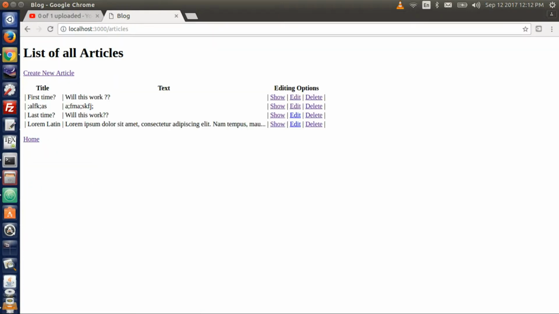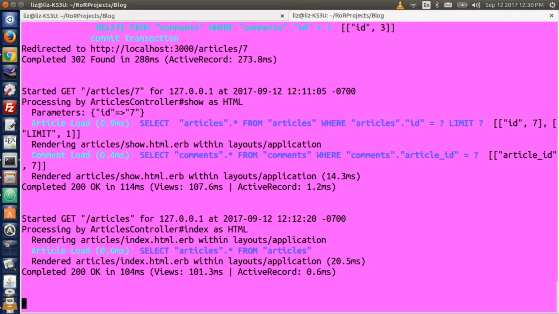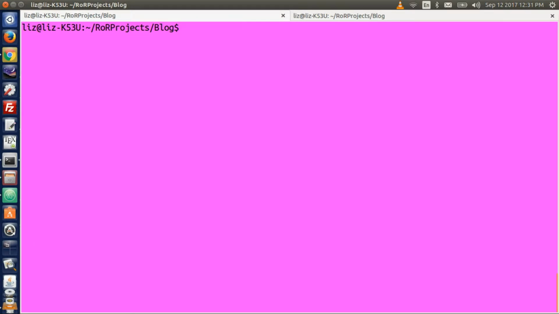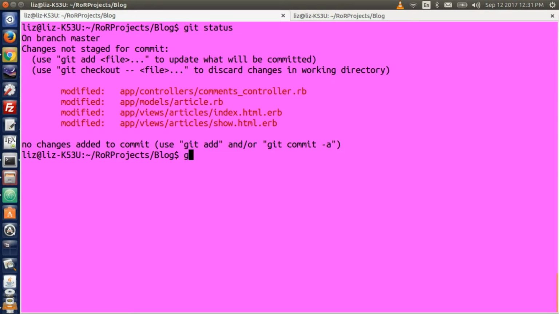Okay, list of all articles, and now we have a nice little title there for our 3 columns of show, edit and delete. Let's go and commit what we just did. So go to your terminal, type clear to clear the page, and then git status. I think you know the routine by now if you have followed along with the git commits and all that. So then git add space dot, git commit